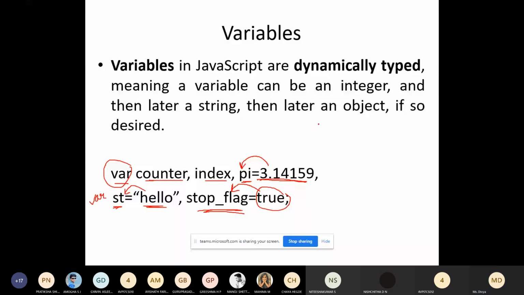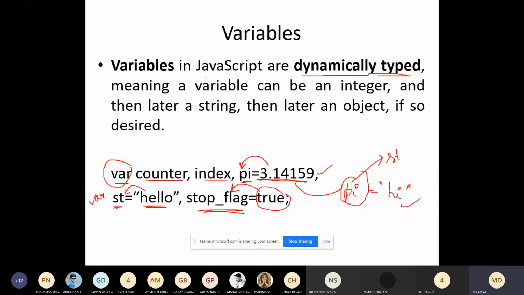For example, if I assign pi equal to 3.14, it is of type float, and in the next line if I give pi equal to "hi", the type of this variable pi is string. Here it was float, here it will become string. So it depends on what type of value you assign. That is called dynamically typed.